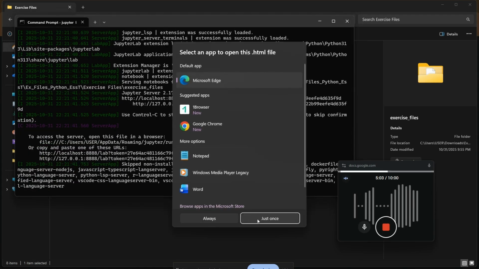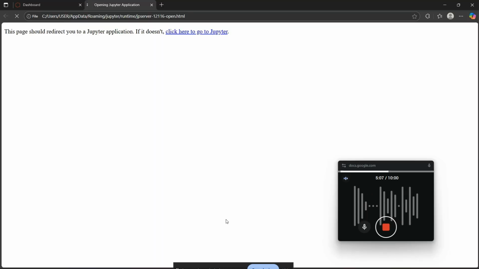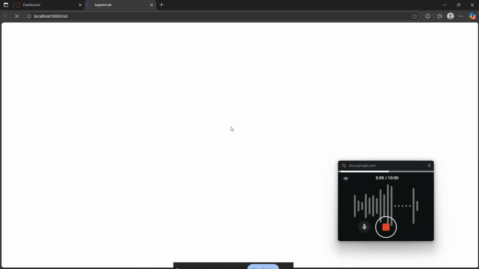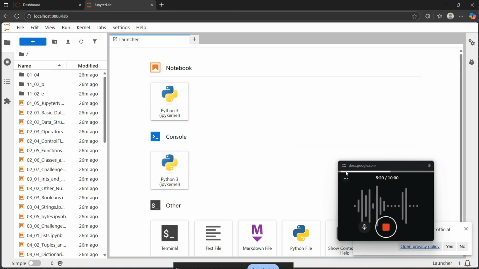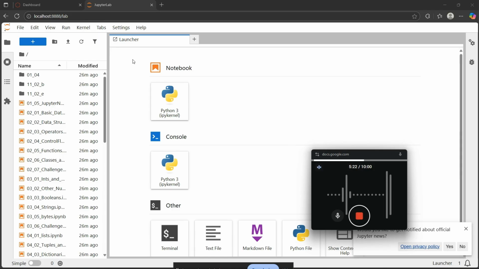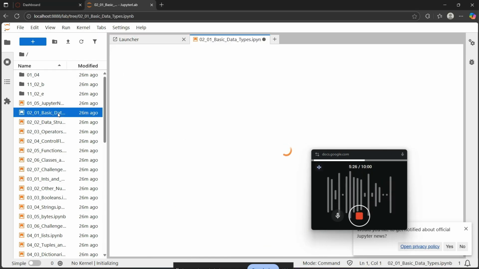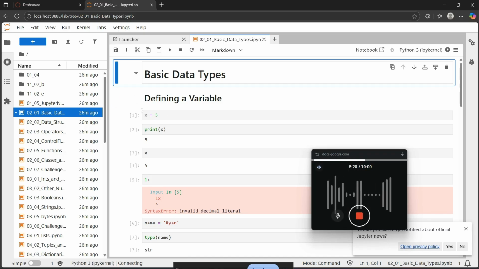So we are going to use Microsoft Edge to open our files, to go to Jupyter. As it loads, this gives us access to the files. Awesome. So with Jupyter Notebook, we can navigate the files, and we can run these codes and play around with each